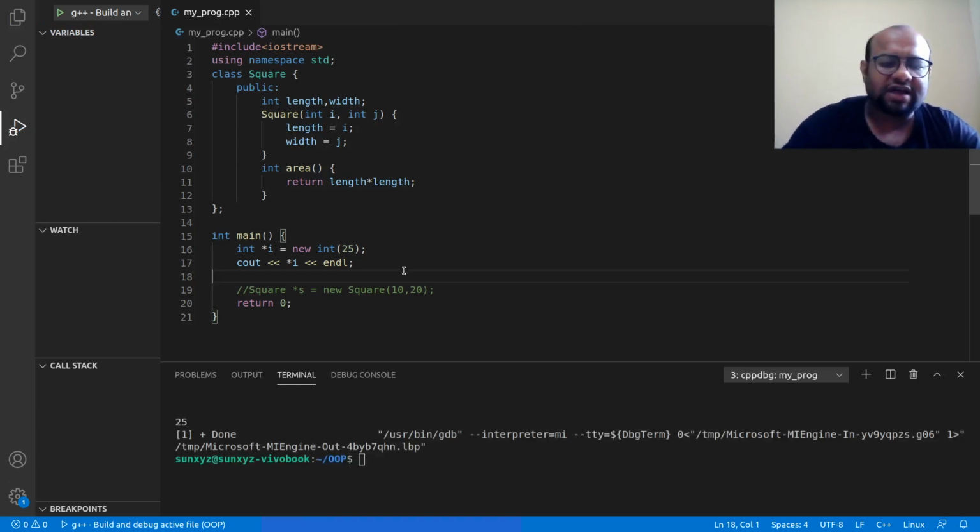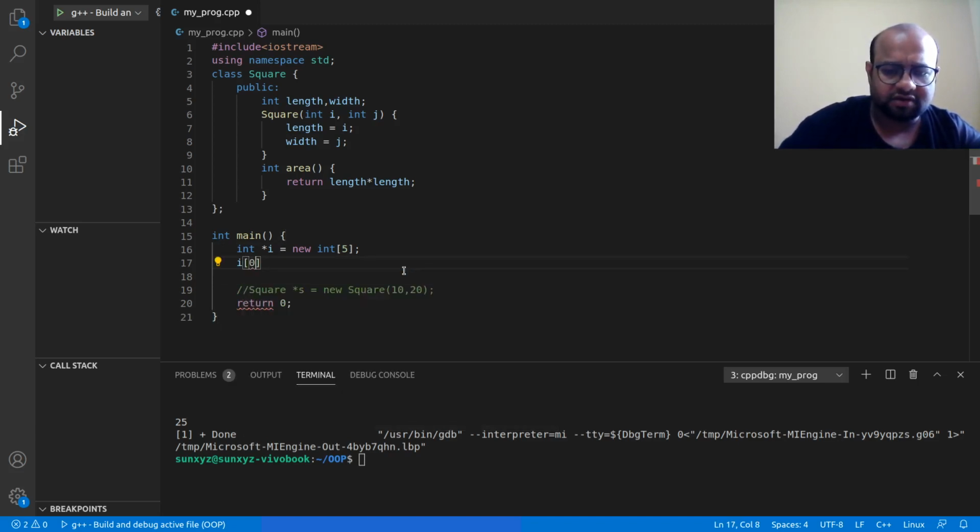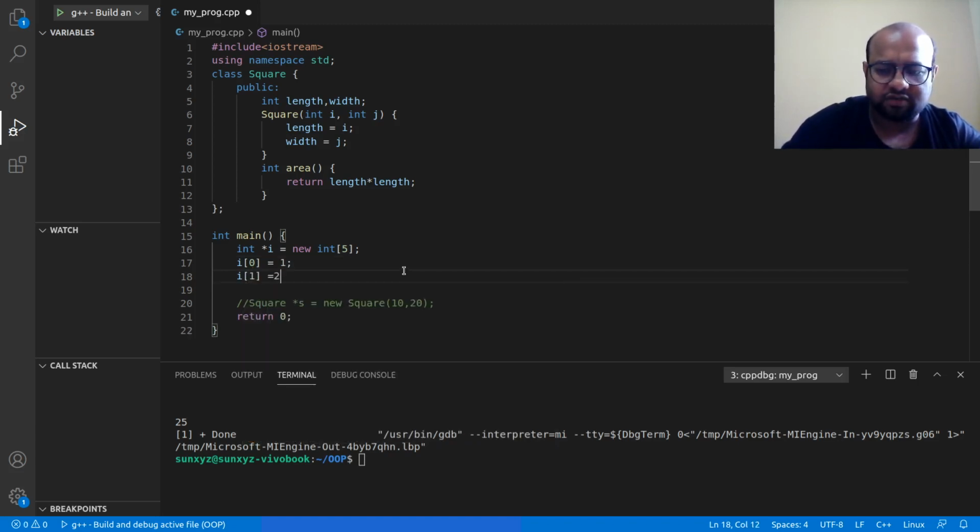So this is how I have allocated memory in heap for I. Let me create an array of integer. This is how I create an array of integer. So I am going to write I of 0. Sorry, I have very bad typing skills, sorry about that. I of 0, I of 1 is equal to 2, and so on. I have created an array, and this is a square bracket. Previously, when I was directly creating just an integer and not an array, and I was setting the value equal to 25, I had this parenthesis, right?